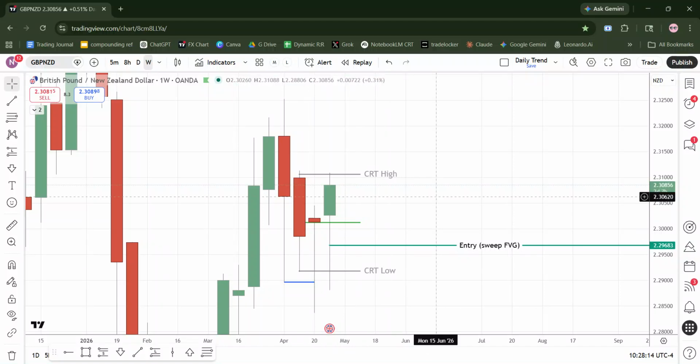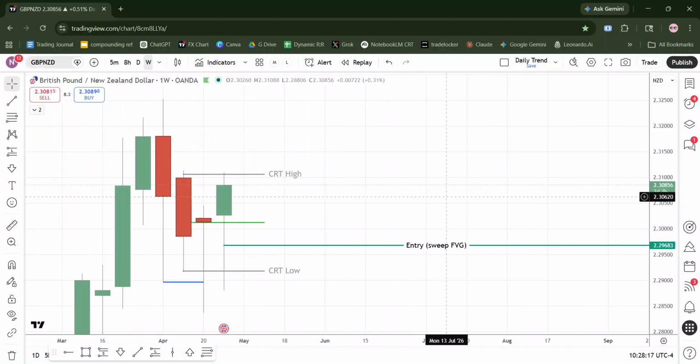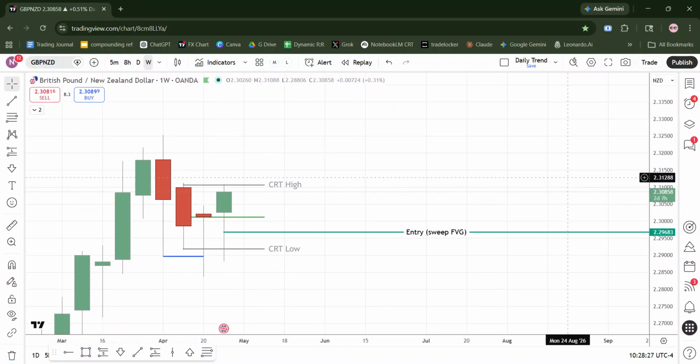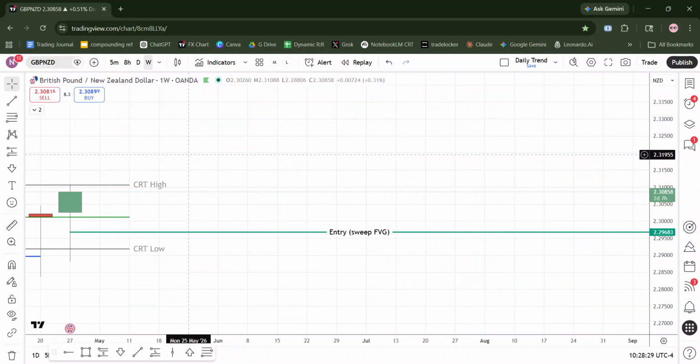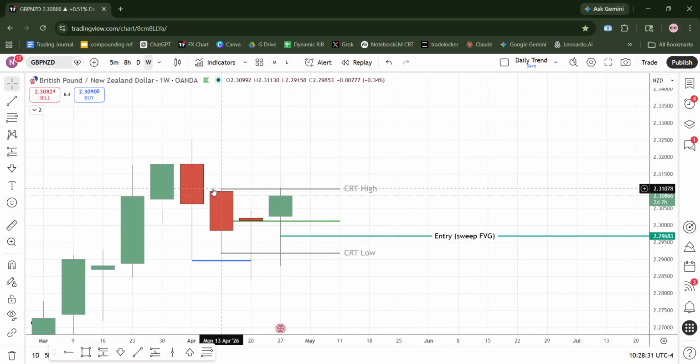Candle Range Theory Trader back with a trade that I took on the weekly chart. The weekly chart was just where I got my bias, but I didn't necessarily enter using the weekly chart. But here's the deal: basic candle one right here for this week, candle two right here for this week. So then going into candle three for this current week, which is right now, I was trying to get in